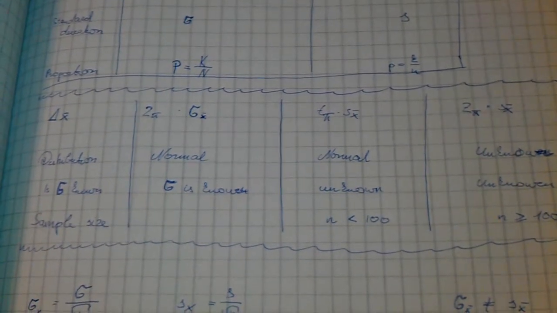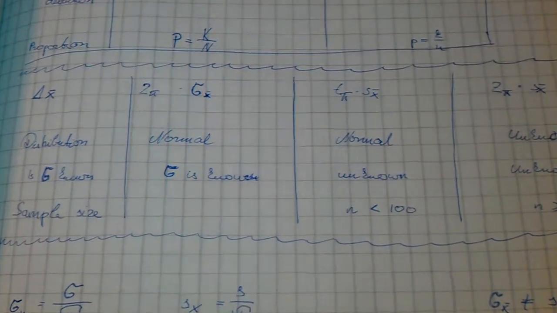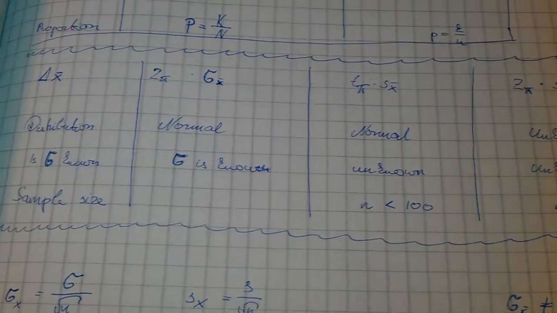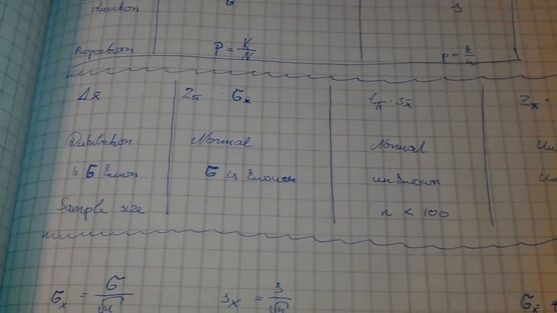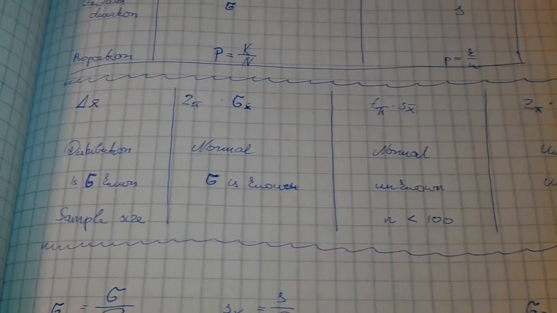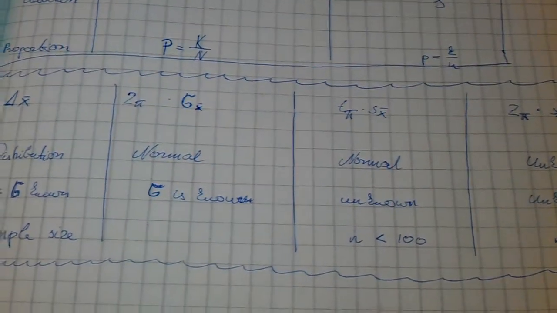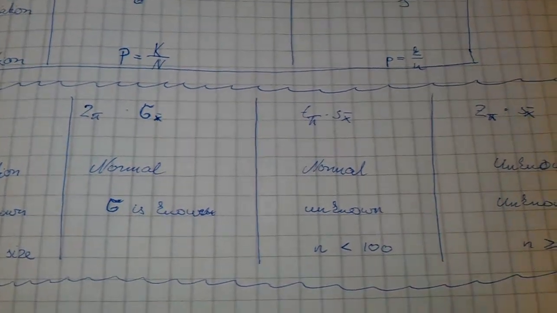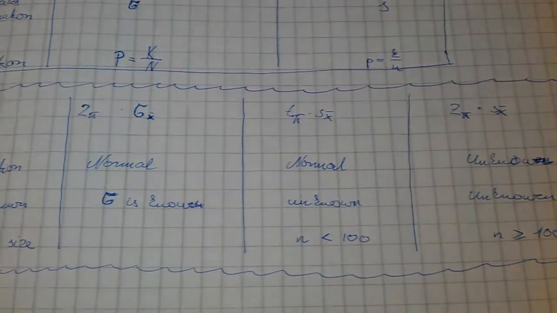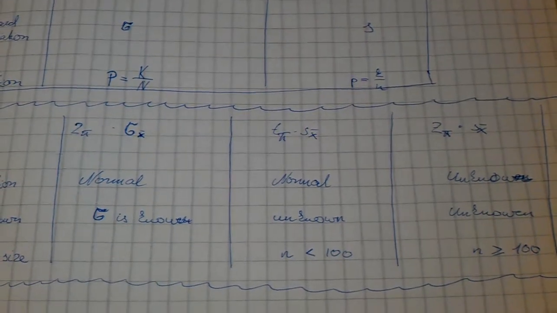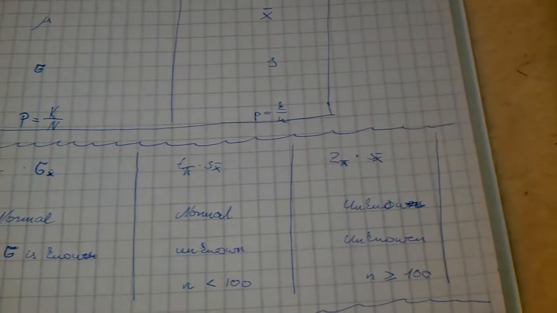And when we know that the distribution is normal, as we haven't studied anything else yet, then if sigma is known, we have to use the Z-type. When we know sigma, then it's the population, and when we don't know it, then it's the Student type. And when we are using the Student type, the sample size is less than 100, so it's a small sample, and the other one was a big sample.